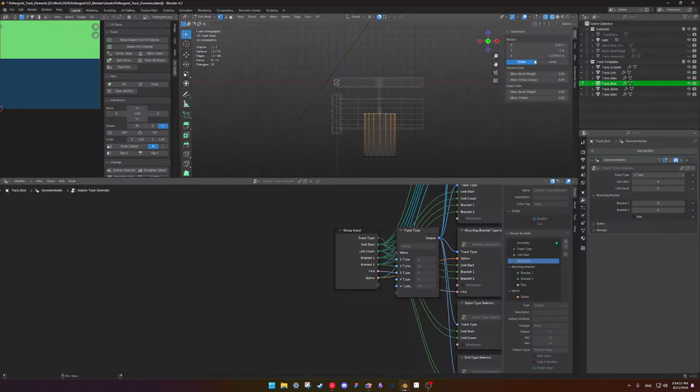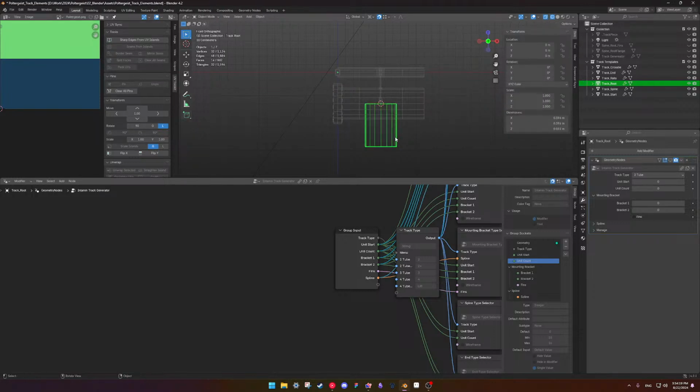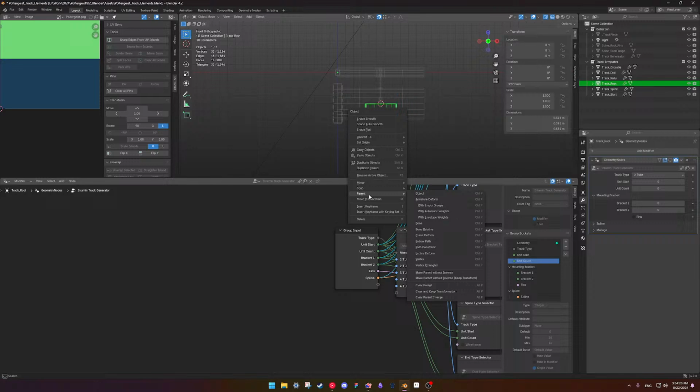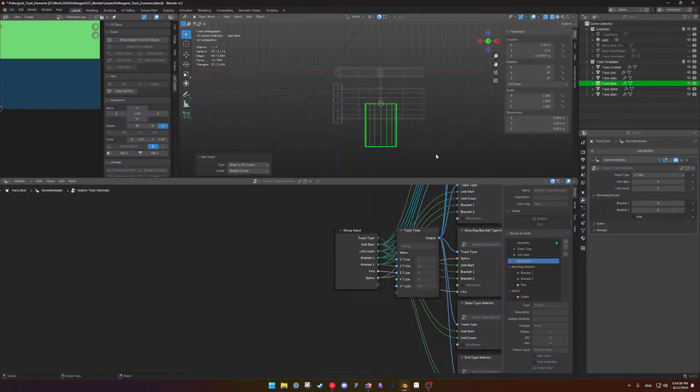All of this is at this position, but I need to make the root set origin to 3D cursor. I don't know, my brain shut completely off. 0.55 is where we'll start.